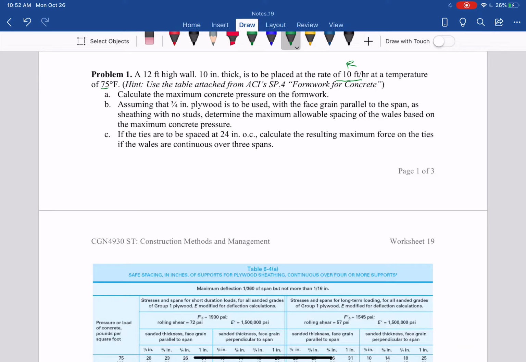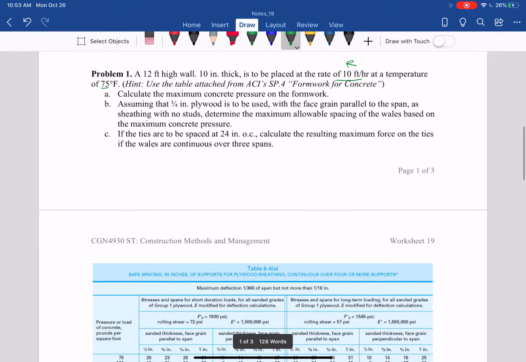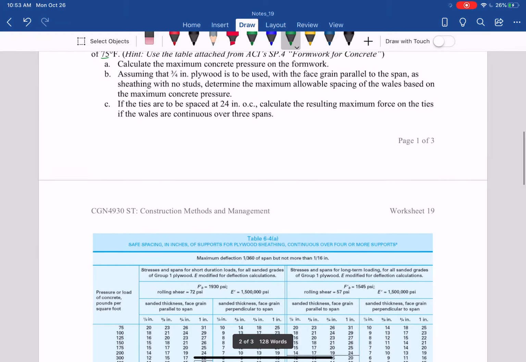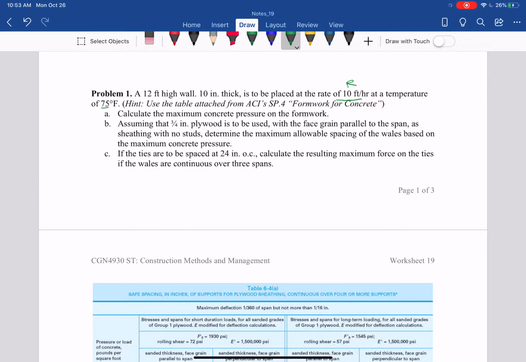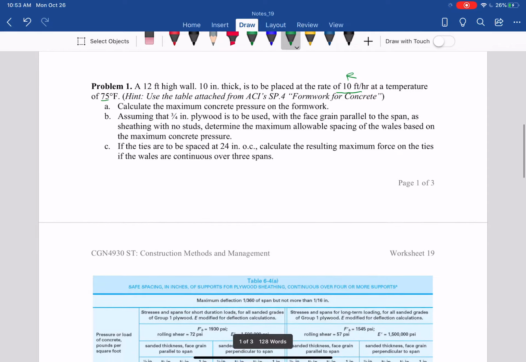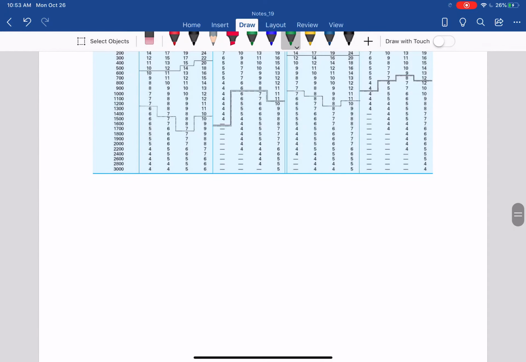If the ties are to be spaced at 24 inches on center, calculate the resultant maximum force on the tie if the wales are continuous over 3 spans. So with that, let's do the first part, determine the maximum concrete pressure. In this case, the height is 12 feet for the wall, and the rate of concrete placement is 10 feet per hour. So first,